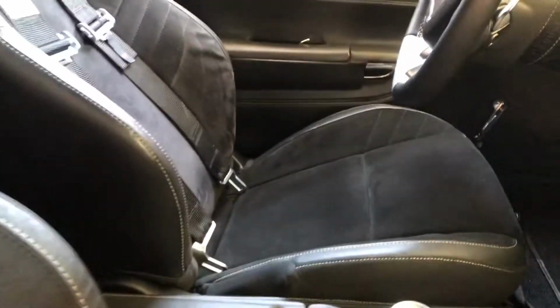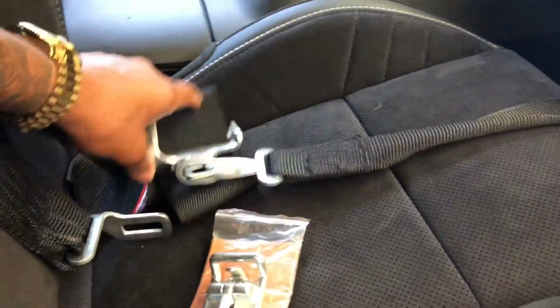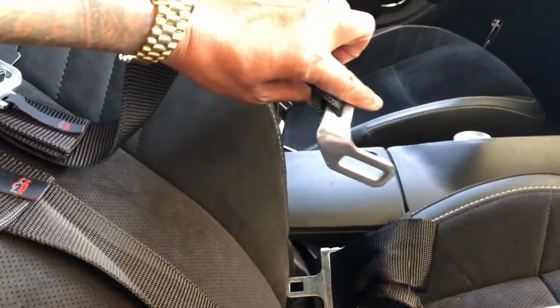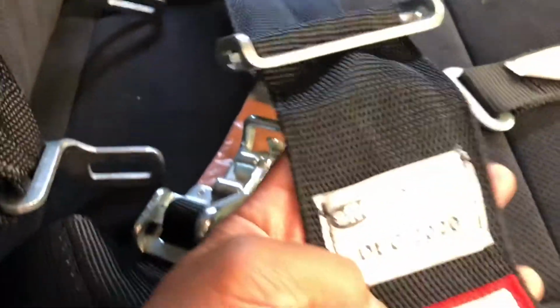It would have given the protection, the support. If you look at the driver's seat of mine, the driver's seat is always undone because it's always done when I'm in the car. You sit in the seat, right here. I'm gonna unlock this for you. Unlock it. The reason it's called 5, 1, 2, 3, 4, and 5. And as you see also on this latch right here, you also have